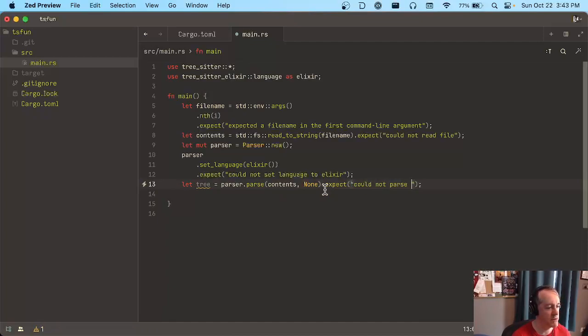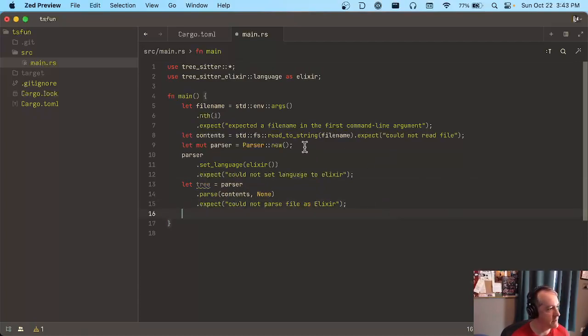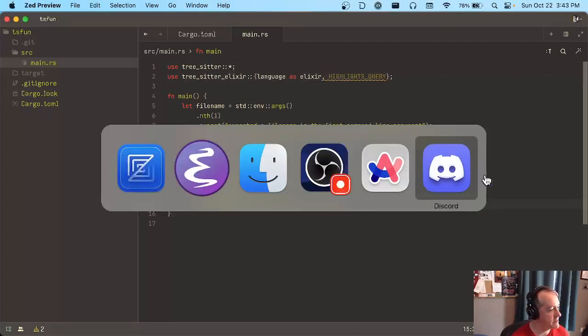Could not parse file as Elixir. Okay, good enough. So now we have the basis of we can play with the queries. Let's put here. I want to get highlights query, for instance. Let's start with that. One of the funny things about